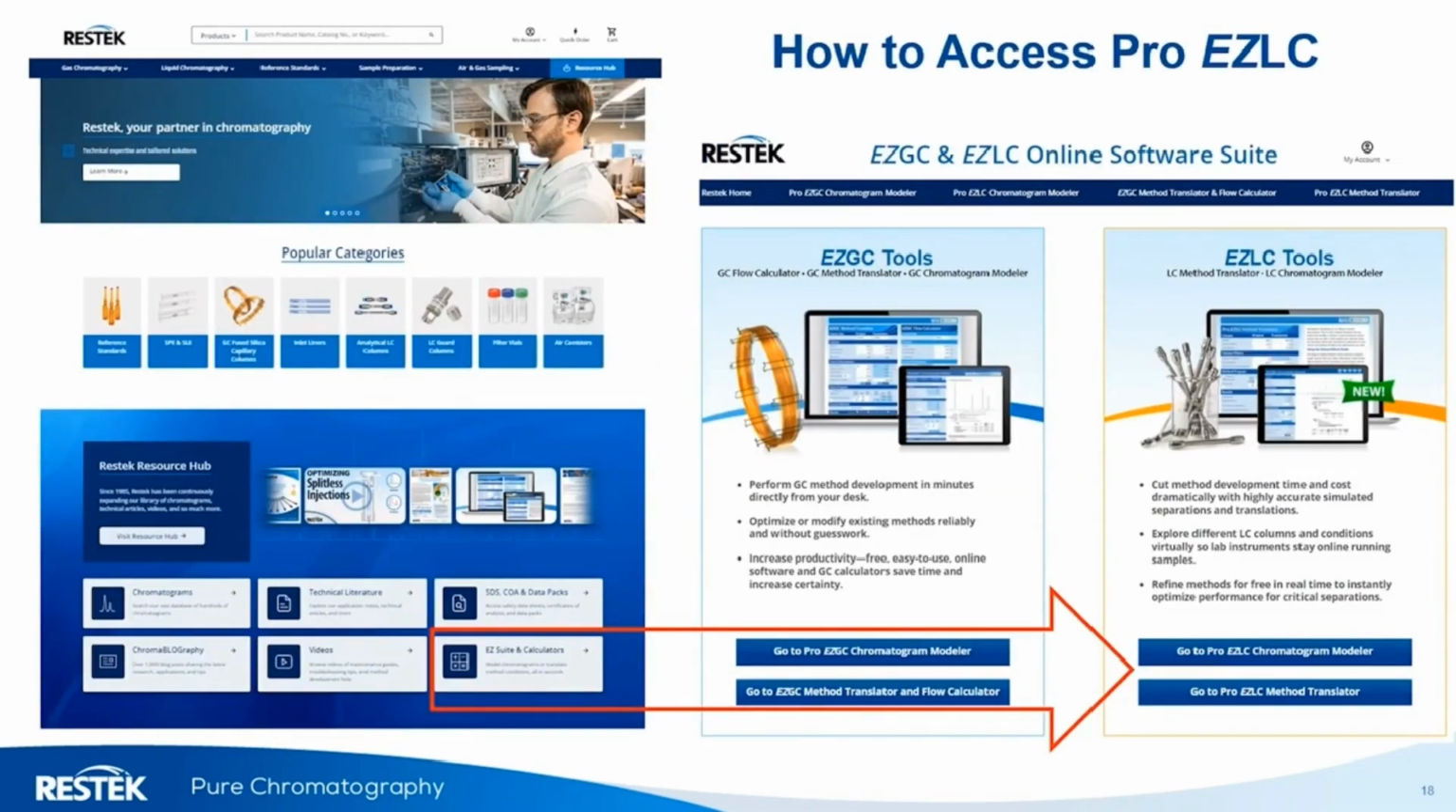Accessing the ProEasy LC chromatogram modeler is very easy. It is available on restech.com. From the home page, you just scroll down to the ResTech Resource Hub. There you will see our Easy Suites and calculators. Choosing that will take you to our Easy Suite online software page where you can access our Easy GC tools, where we've been modeling GC separations for almost 2 decades, and our new Easy LC tools where we are now capable of modeling